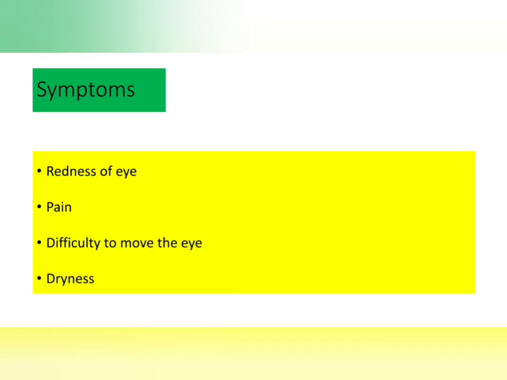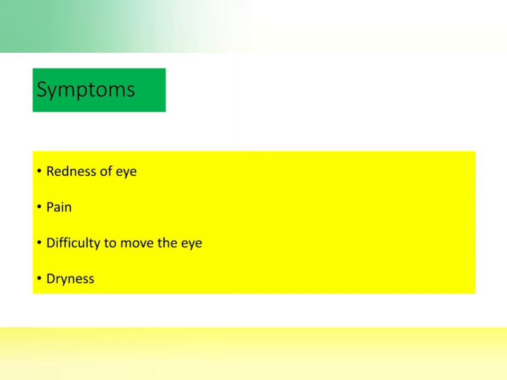Okay. This is how you will get to know whether it is non-axial or axial, and I already told you that depending on the movement, like the eye protruding forward and moving backward, we can assess where the lesion is. So, symptoms, what the patient will tell you: redness of the eye, pain, difficulty to move the eye and